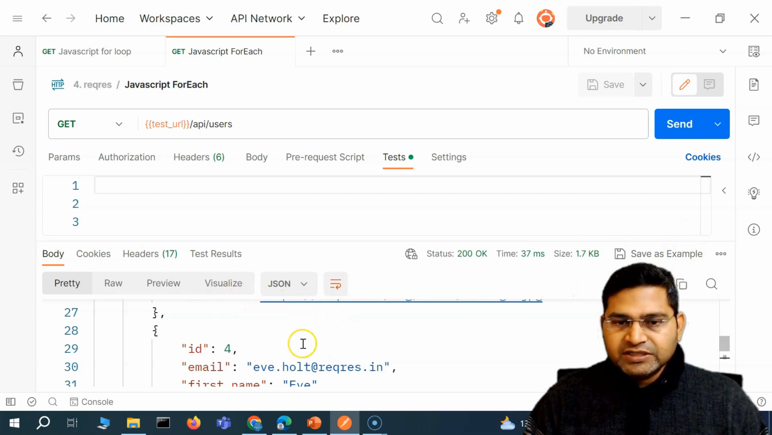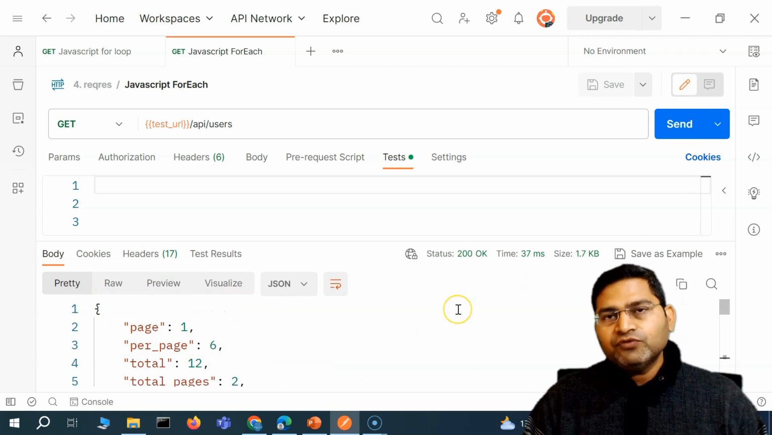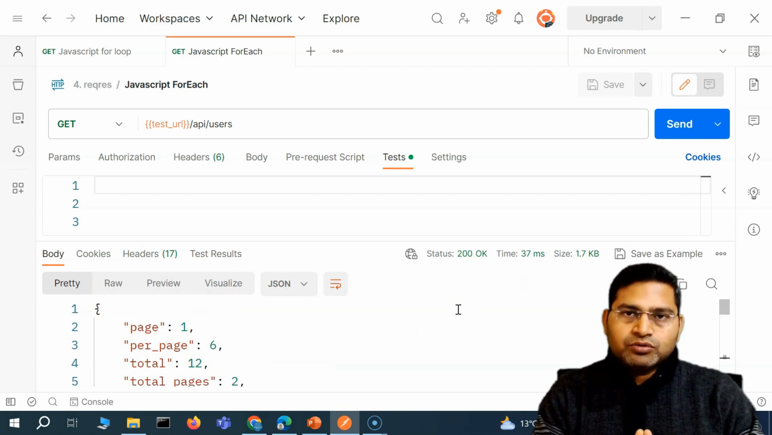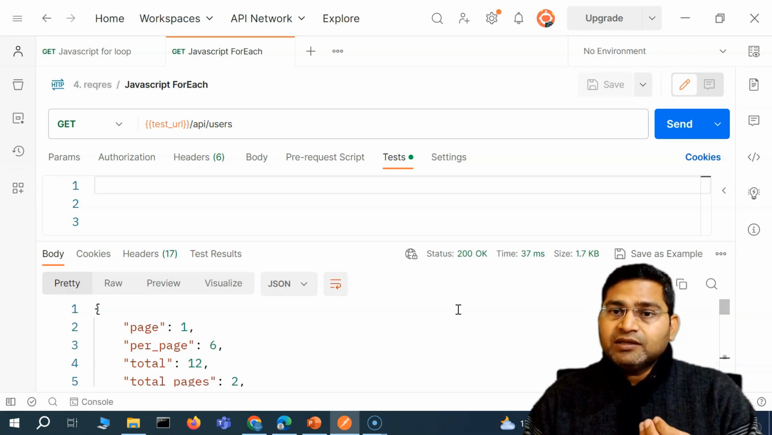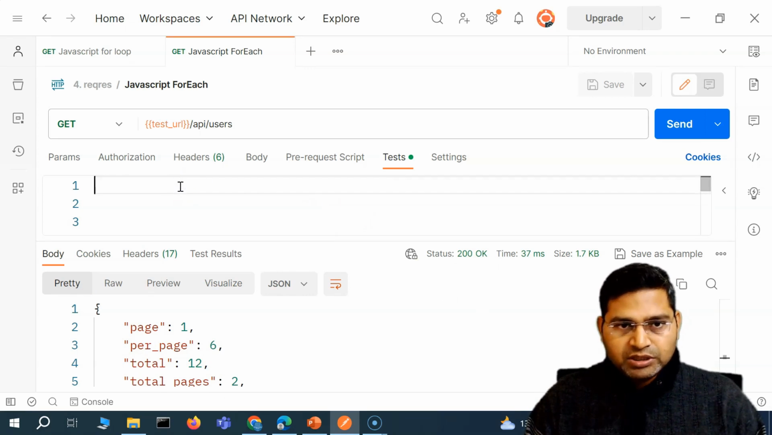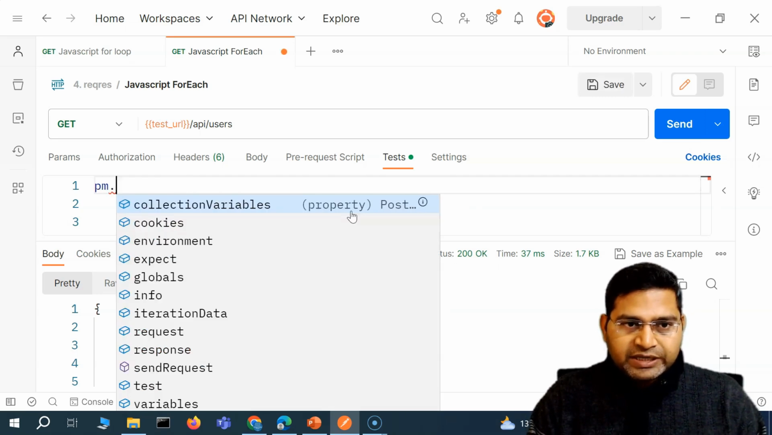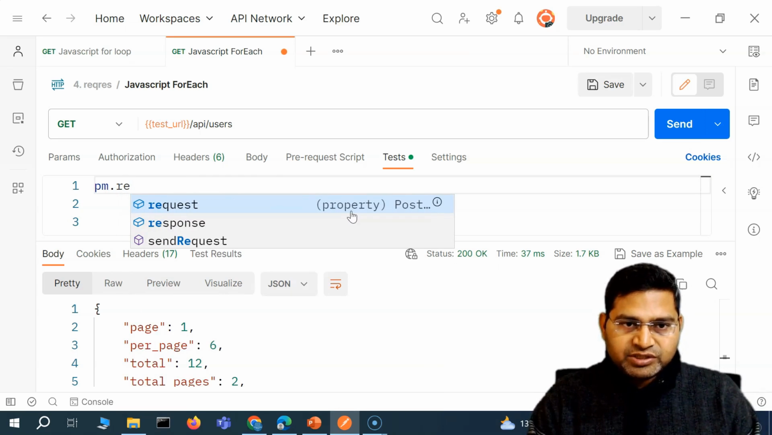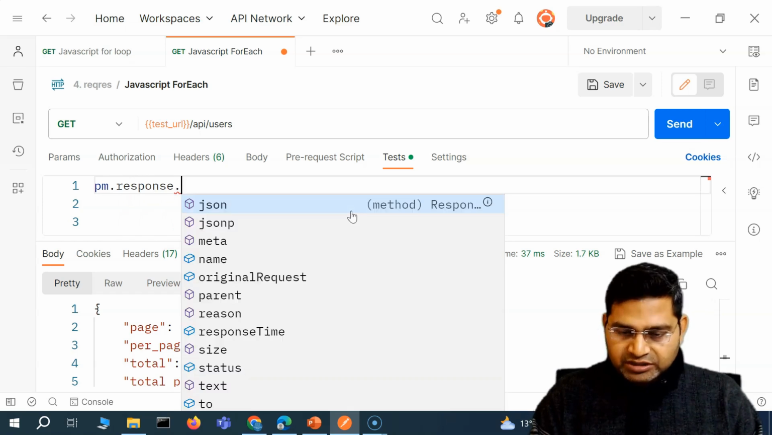Okay, so the first thing is basically this is the JSON, right? Now we have to first somehow convert it to a JavaScript object so that we can get the properties, which we have already understood in previous videos. Within Postman there is an object, pm. Okay, so we can simply say pm.response, right? And then if you say dot json,